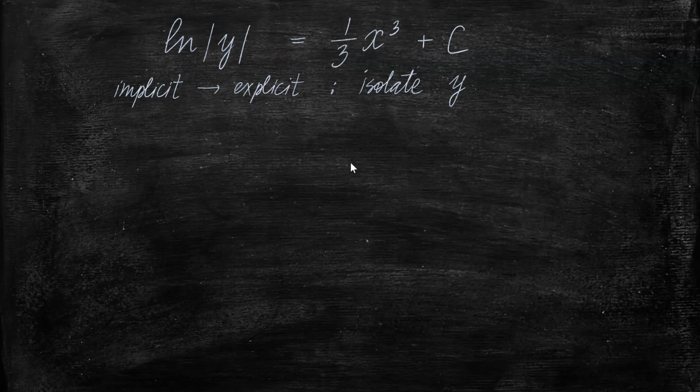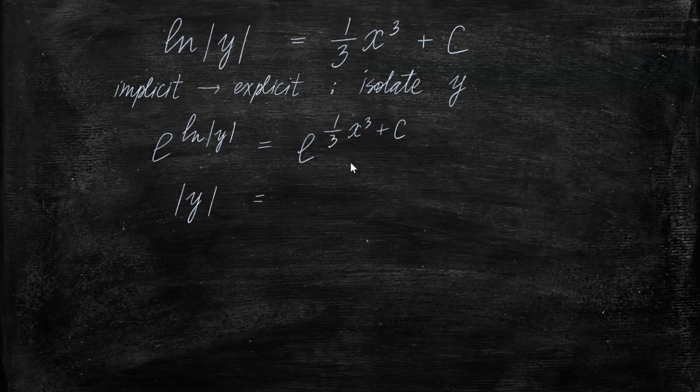And we're going to do that algebraically, and we're going to perform whatever operations on both sides to maintain the balance. First thing I'm going to do, I'm going to exponentiate both sides with base e. So e to the ln absolute value of y is the same as e to this power. And on the left hand side, e and ln cancel each other,